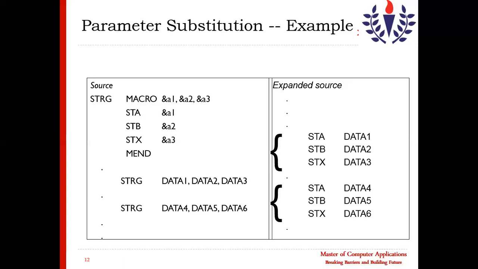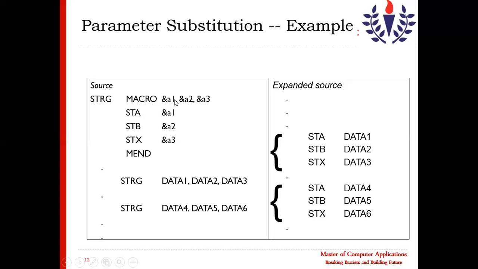There is one more way to substitute the parameters, that is keyword arguments. That means we can define it like this: if I write here data 1 equal to some value, that value will be given to this.